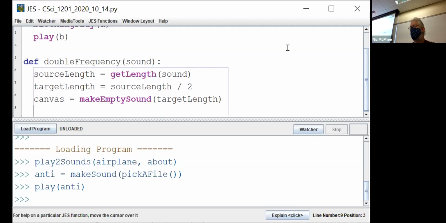I could loop over the target samples and then go and grab the correct sample from the source, or I could loop over the source samples and put the right ones into the target. It doesn't really matter which one I do. I'm going to actually loop over the target samples because I know there are fewer of them. And so that will make this go a little faster. So for index in range target length,